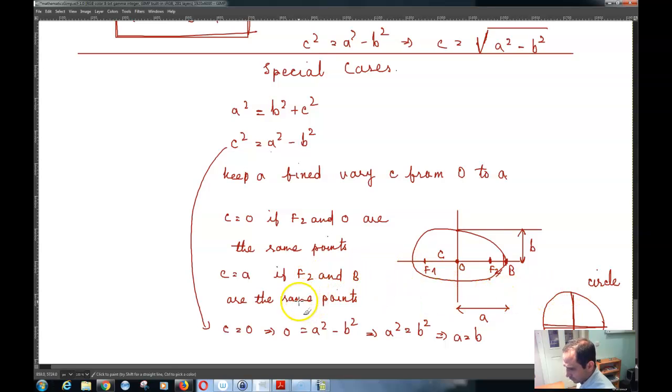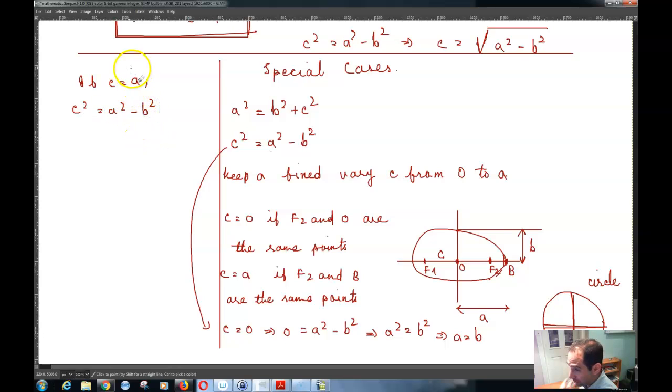So that's basically if your c is equal to 0. Now if there is one more case over here, that if c is equal to a, then in this equation c squared is equal to a squared minus b squared. If c is equal to a, then this c squared becomes a squared, which is equal to a squared minus b squared. And so you can imagine that this point goes all the way up to b, and this point goes all the way up to here,